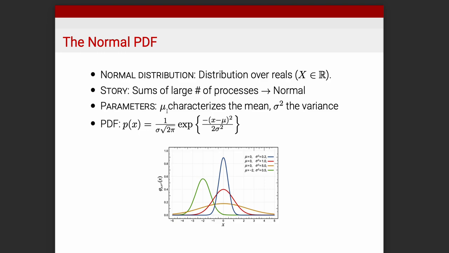These are different normals defined for different parameters. So remember, a parameter defines the shape of the distribution, and here, when we vary the mu and when we vary the sigmas, the distribution looks different, and this is showing you how it looks different. So we'll get to know that pretty well later on, since there's actually a connection between what we're introducing here with the normal PDF and regression,